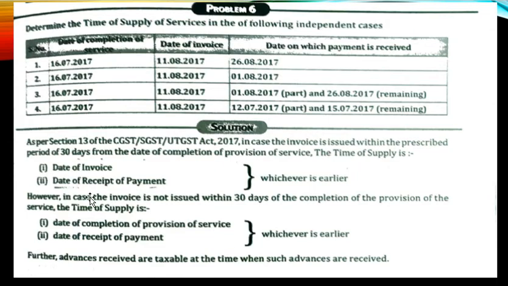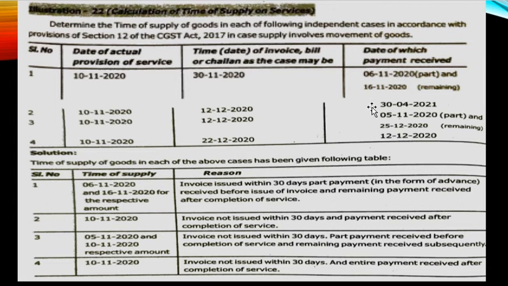We need to take the date of invoice and the date of receipt of payment. So here we will be comparing the date of invoice and the date of receipt of payment. The date of invoice is 30th November 2020 and the date at which payment was received is 16th November 2020. So which is earlier? 16th November 2020. So we will be taking the time of supply as 16th November 2020 for the second installment or payment which was